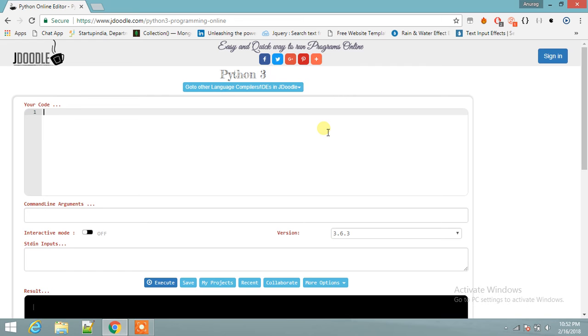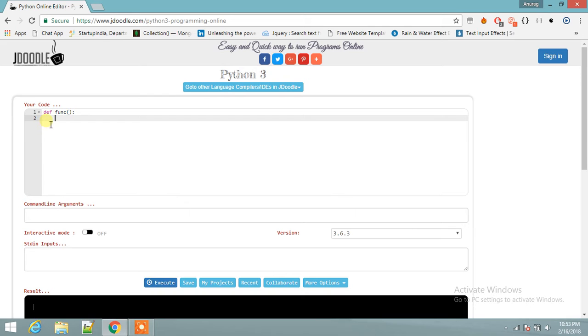Guys, in this tutorial we are going to learn about lambda. Like in Python, if we want to define a function, for that we have to write different stuff. First of all you have to use the def keyword, then the name of your function, then a list of arguments followed with parentheses, inside parentheses, and then a colon, and then